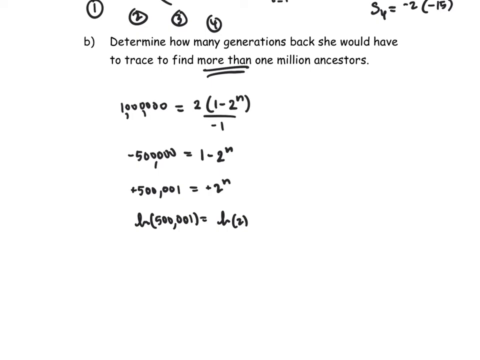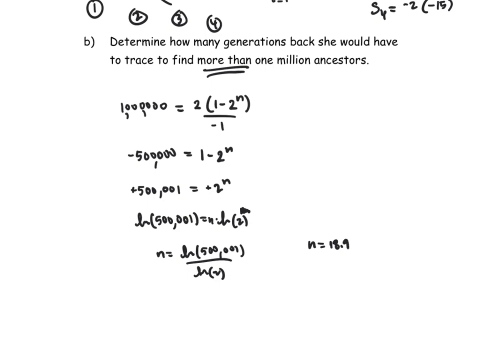This is more of a pure way to do this. Okay, now I'm going to bring that n down in front using the power rule of logarithms, and I'm going to divide by the natural log of 2. So the natural log of 500,001 divided by the natural log of 2 will give me n. And using my calculator, n comes out to be, it looks like